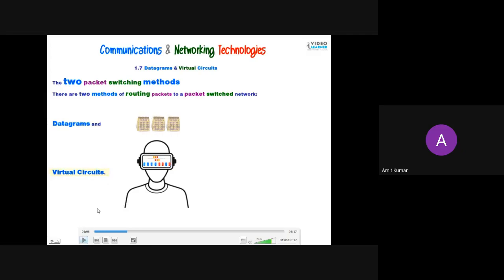First you need to understand the difference between circuit switch network and packet switch network. In a packet switch network, we are not reserving our resources. So those resources are free and can be used at any time.